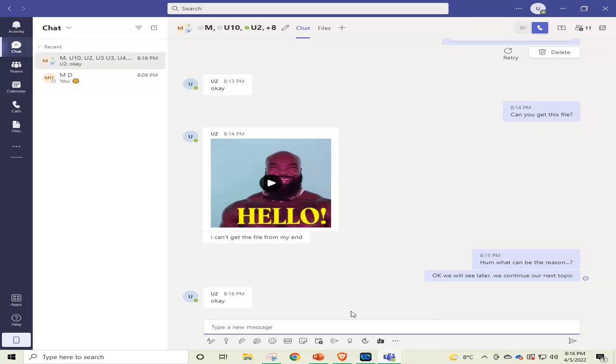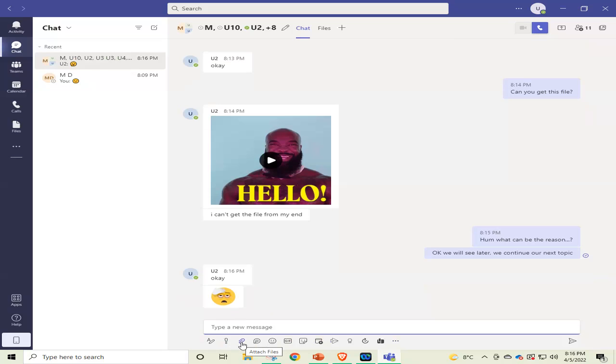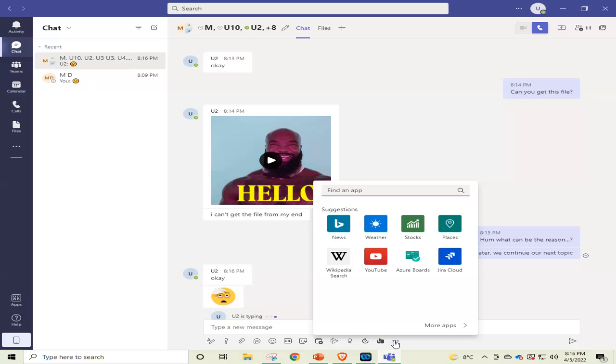Ideally, we can use all these icons that we can see here. We can upload files, show pictures, GIFs, stickers, and many other things we can share. And there are still more apps that we can bring in.